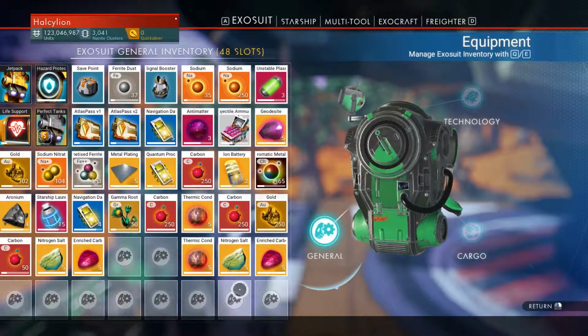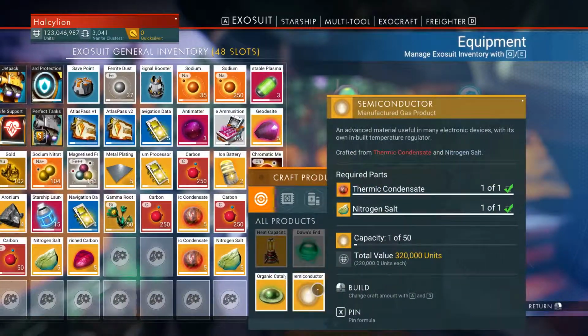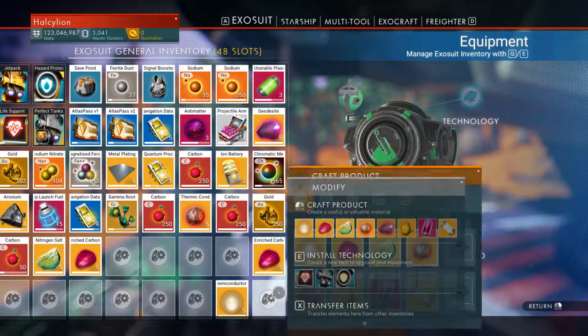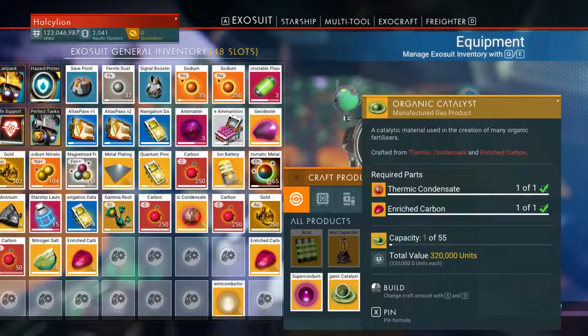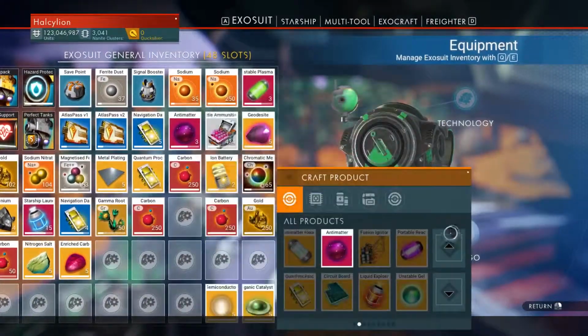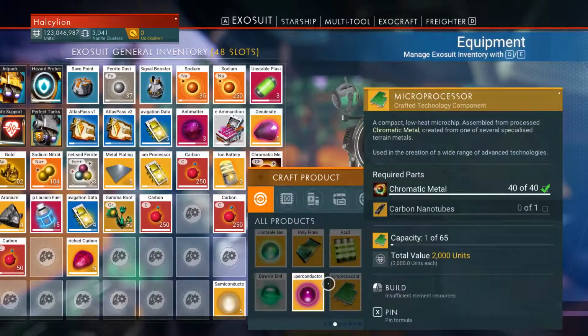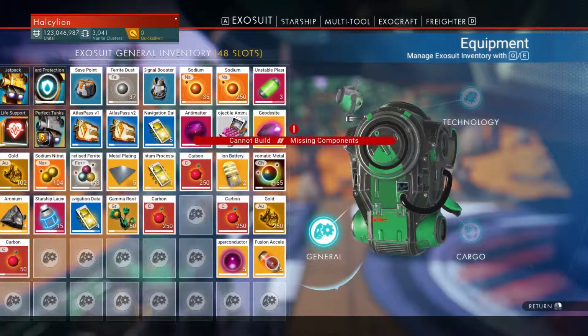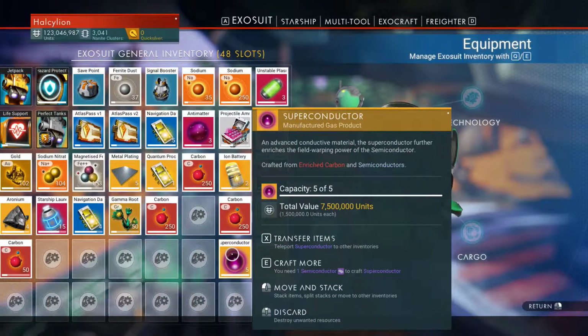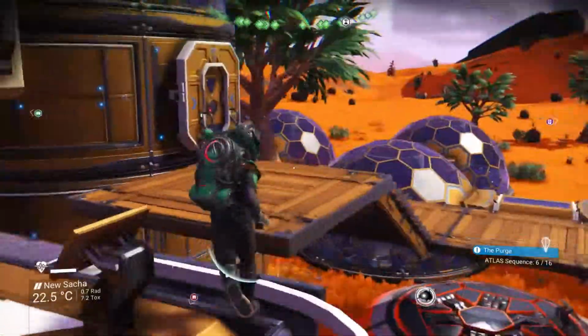10 of these. Now, I'm going to need superconductors, which require you to craft semiconductors. 5. I'm also going to need organic catalyst. 5. Bam. Now I use whatever I have left from crafting all that into 5 fusion accelerants and 5 superconductors. I can already make 15 million just with these. Now it's time for part 2,